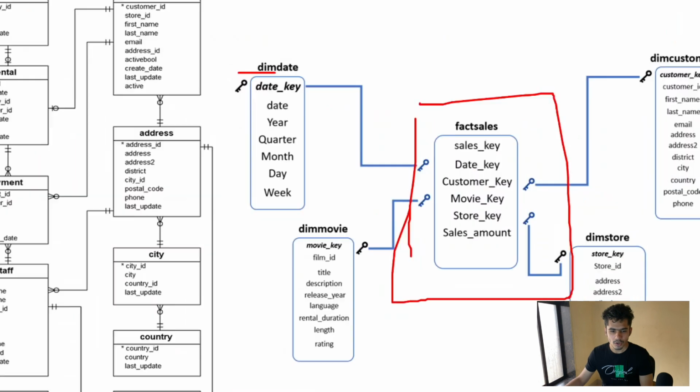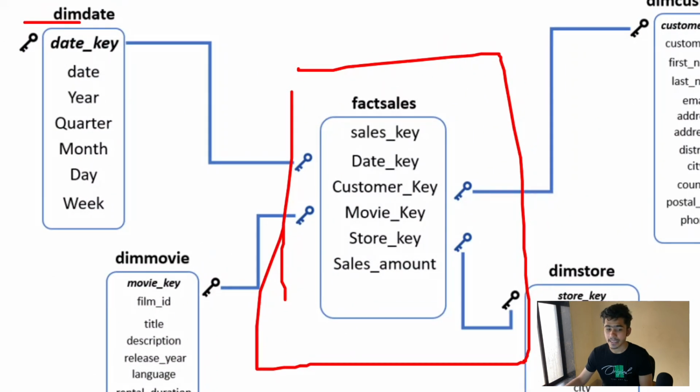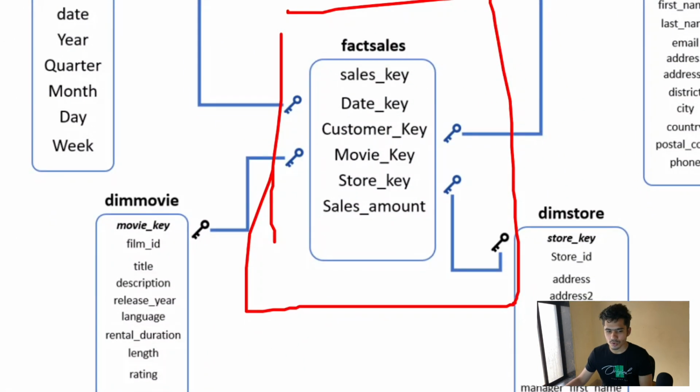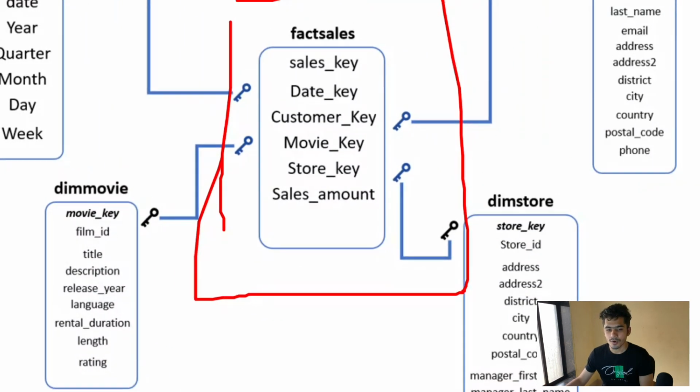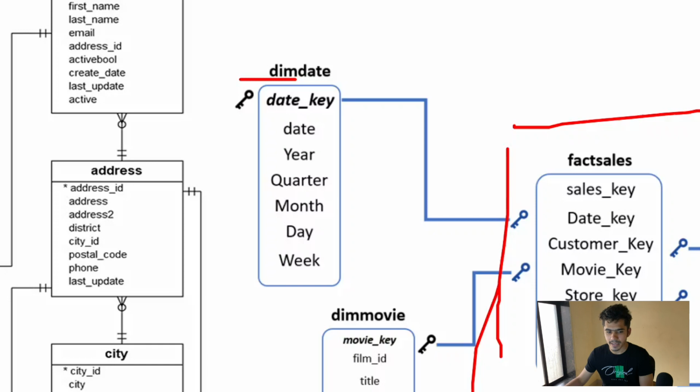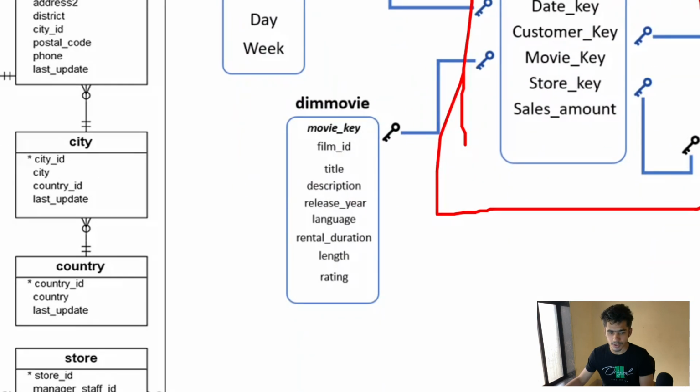As you can see over here on the fact table, we have sales key, date key, movie key. Most of those are keys, and the amount that can be computed. And on the dimension table, you can see the date, year, like date key on the date table. In the movie table we have title, description. These are columns that do not define any kind of statistics, because you cannot get anything from the title or the description or the release or anything.